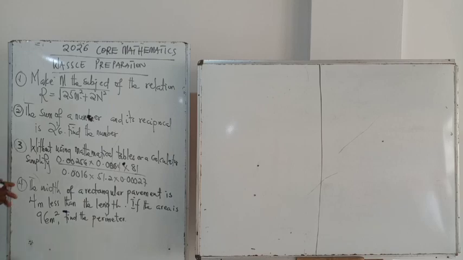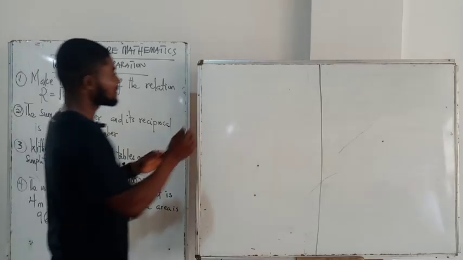All right. So the first question reads: Make m the subject of the relation. Very kind of easy if you understand. If you don't understand, it will be kind of difficult for you. So first of all,